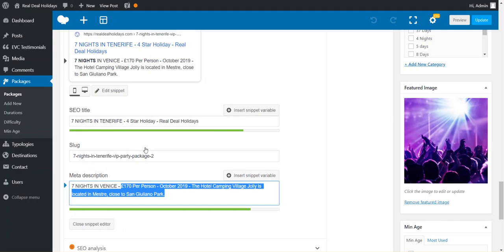I can't stress that highly enough. It has to include some part of the SEO title, otherwise you're fighting a losing battle before you've begun. So you have the 7 Nights in Tenerife,